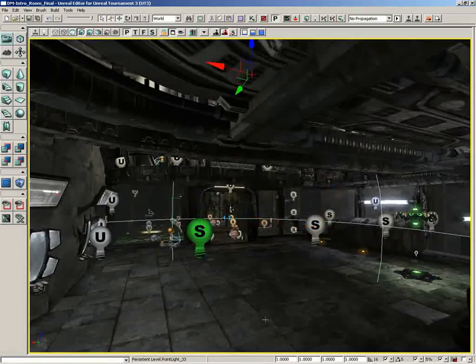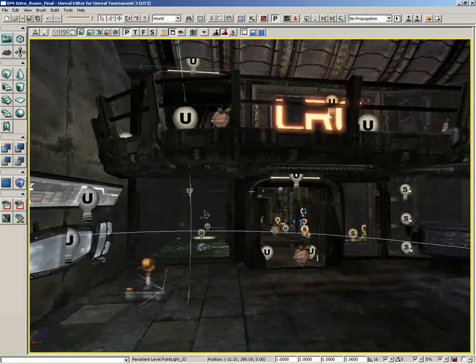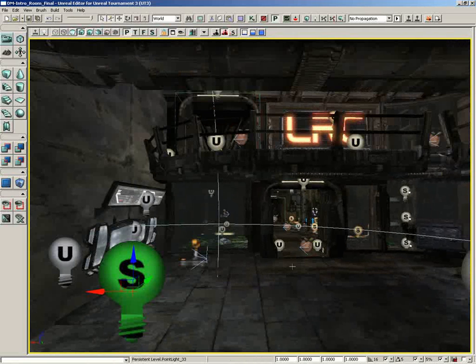But notice the light doesn't move at all. If I click the light again, the widget snaps right back to it. This is a critical button on the toolbar to remember. Memorize it, figure out where it is, and before you ever show your map to anybody, make sure you switch